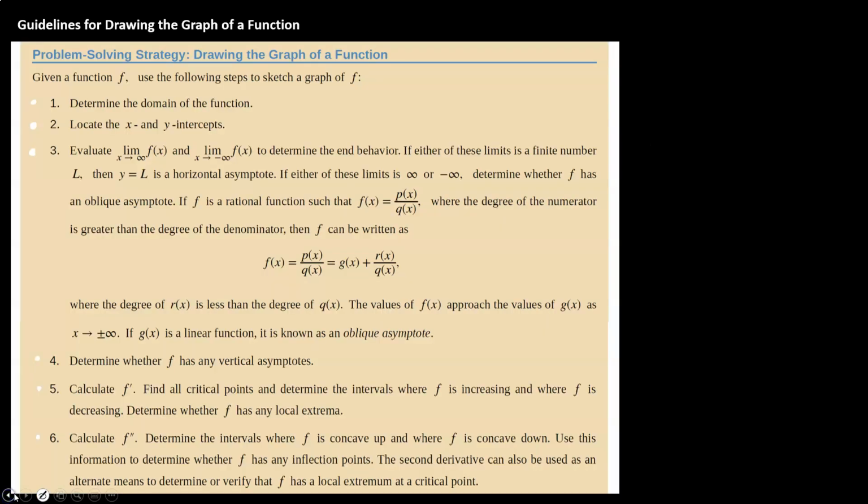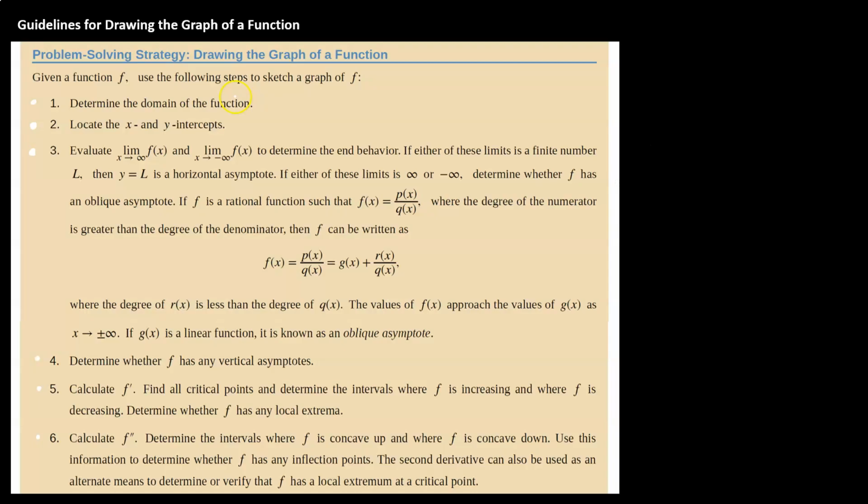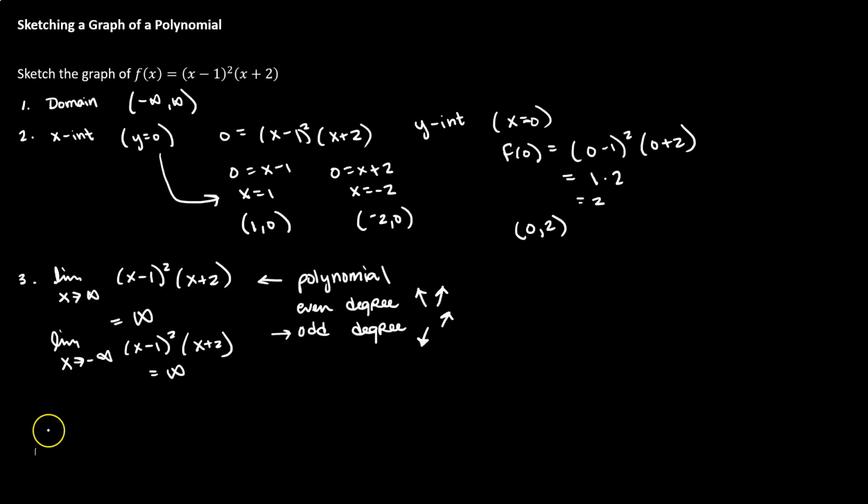Step 4 was determine if there's any vertical asymptotes. Our function doesn't have a denominator, so it's not possible for it to have any vertical asymptotes. Right? We're never dividing by 0 here. Step 5 and 6 is derivatives. So let's go ahead and do those. So step 5,